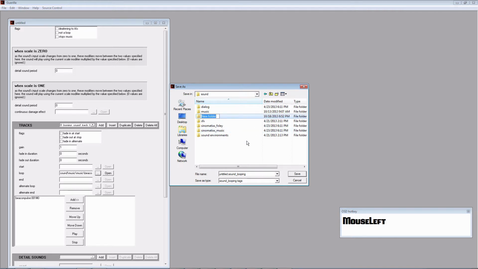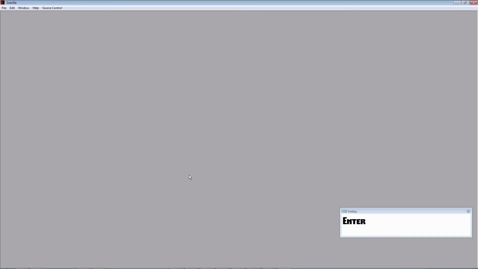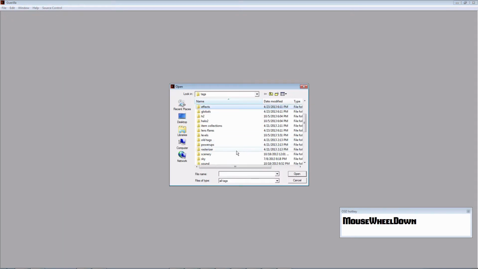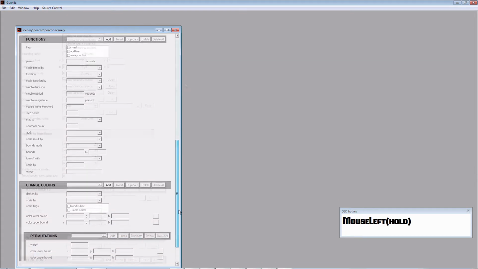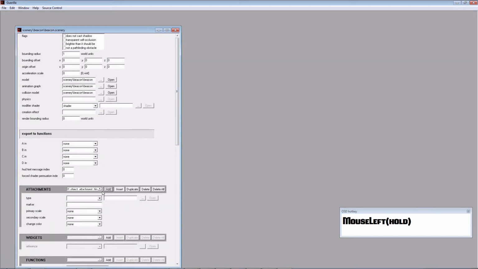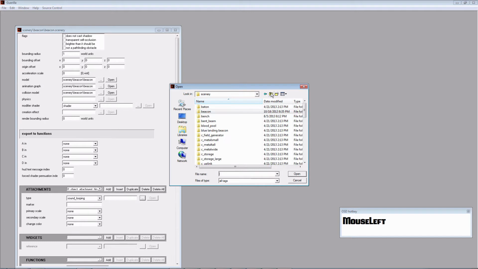I'm going to create a new folder in my sound directory and call it loops. And go ahead and save this as beacon pulse. Now then, go back to your scenery. Open up that tag. You can go on down to attachments. Go to sound looping on the type. And go ahead down to your